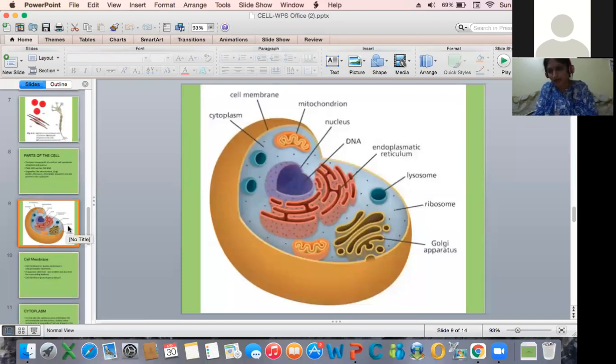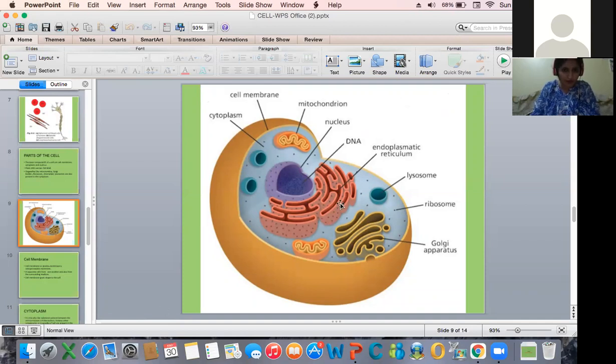Any doubts in this part? Do you have any queries regarding the cell membrane? Do you want to ask me anything, or shall I proceed? Students, anything you have, just type in the chat box, or we will proceed. We will take another 5 minutes to finish, then we will go for question answers. Any queries, students? If you have, please say.